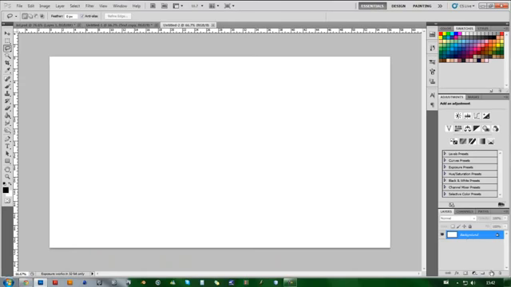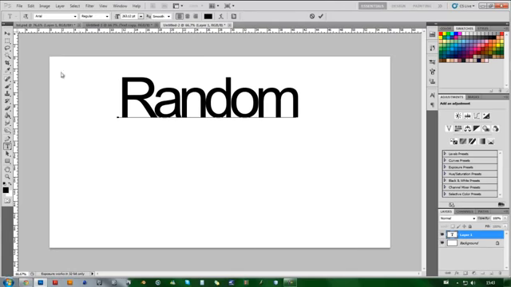Okay, then here, keep the background as white, make a new layer, and this is where you're going to type in all your text. So choose a clear text up here. I'm just going to choose Arial for this. Then this is where you just type in your random text, and then new layer, type in text,